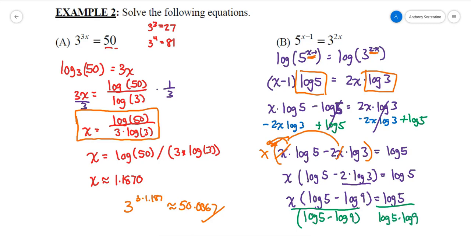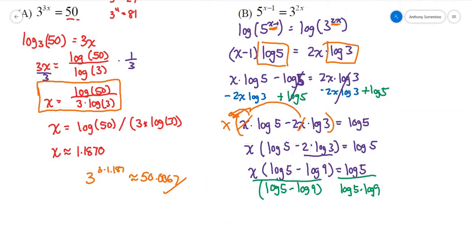And scooching this down a little bit, that would leave me with x equaling the log of 5 over the log of 5 minus the log of 9. Please don't do any cancellation saying, well, I have a log 5 on top and a log 5 on bottom. This term here has no log 5s in it. You would not be able to cancel them. The other thing you would be able to do at this point is approximate this, and you get about negative